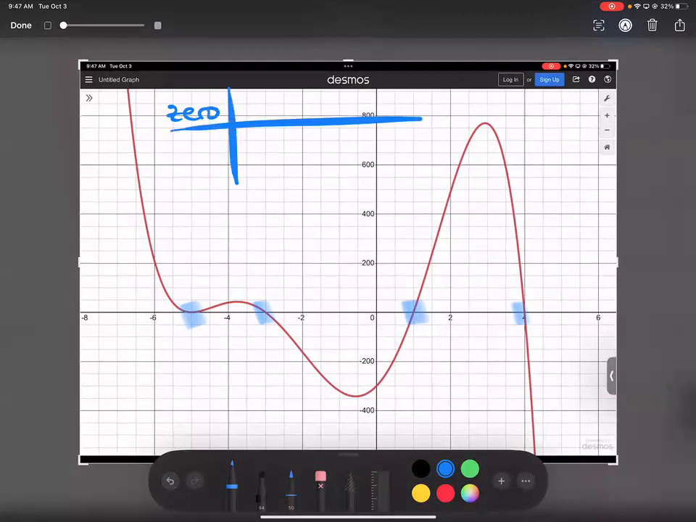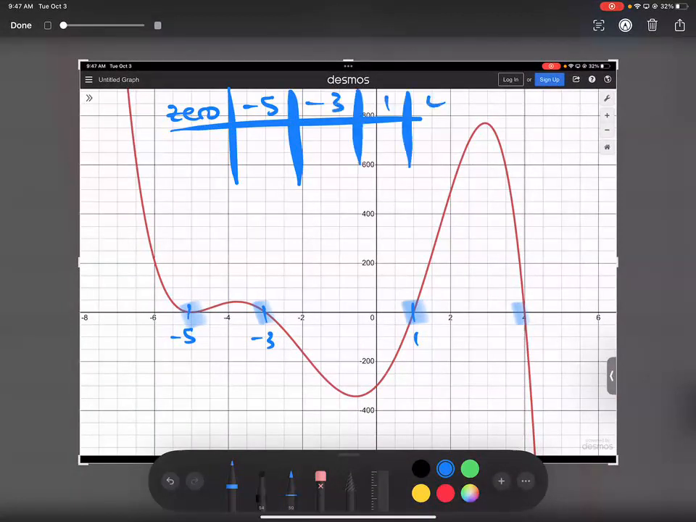What are they? This is -5, this is -3, -5, -3, 1, and 4. What are their multiplicities? Again, assuming things are as small as they could possibly be, what do I need to look for to figure out the multiplicities? So the first one, -5 is going to be